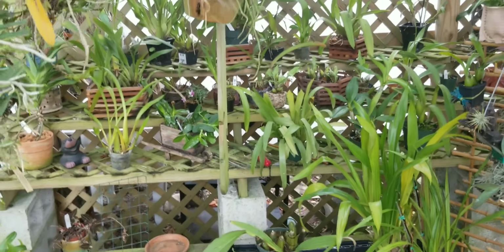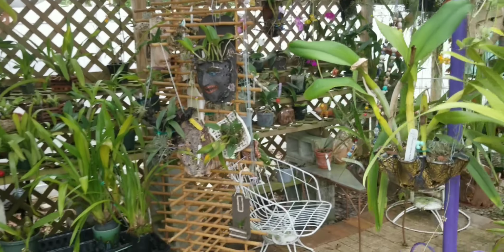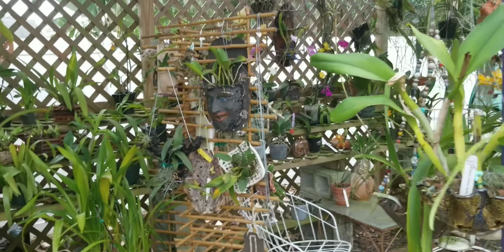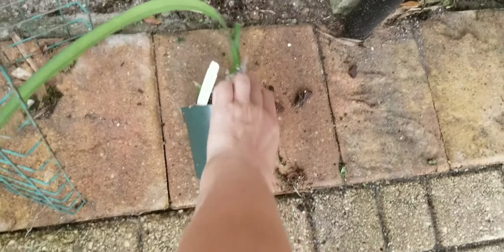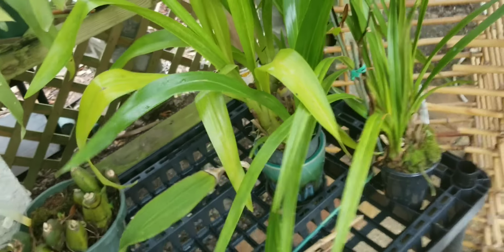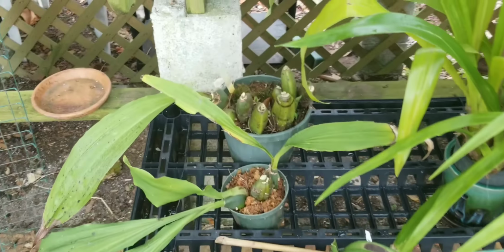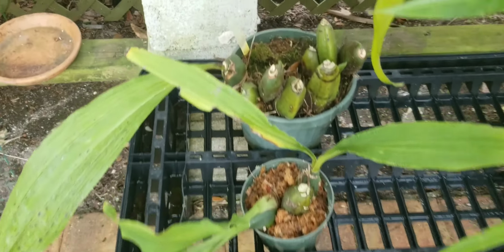So what did I do? I cleaned my Oncidium area. I call it a room divider right here, because everything was on the top of everything and something is on the floor. And that's one of the encyclias. So this is not going to be here on a regular basis. The big guy is going to go somewhere, but my lycostes right here,